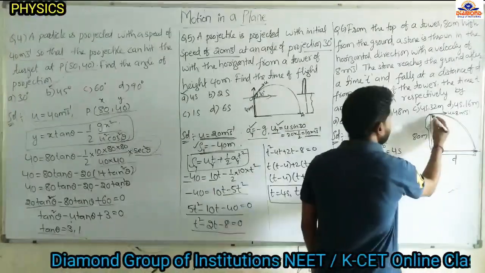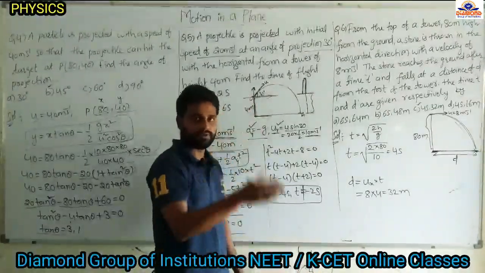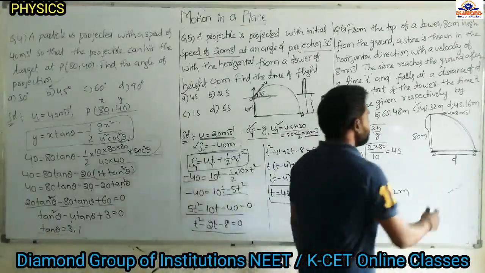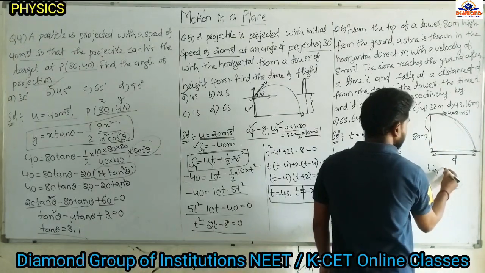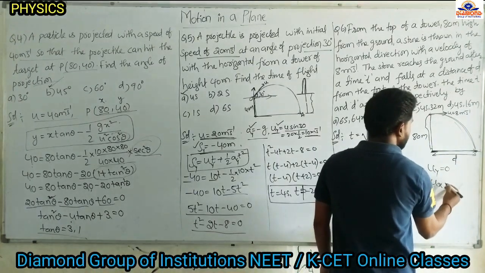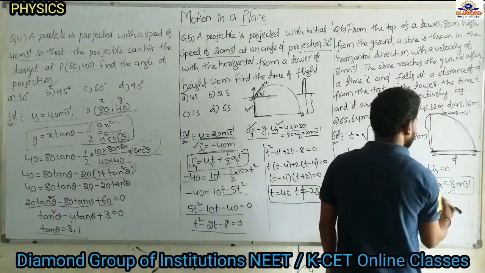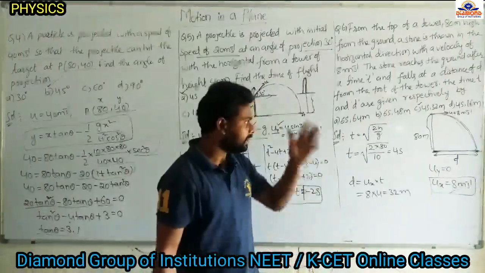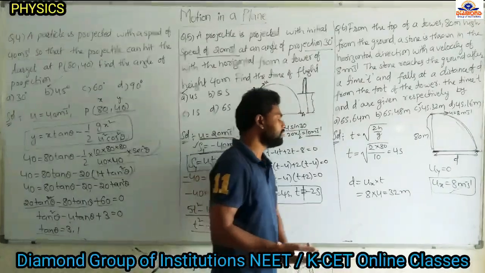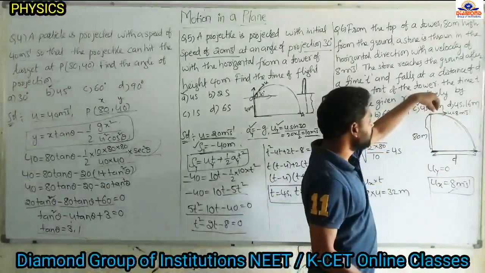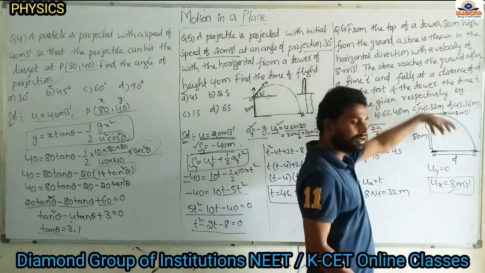So to reach from here to here, the time. To find out the time, what do we have to consider? Vertical components we have to consider. If an object is projected horizontally, then in the vertical direction the initial velocity is 0, and the horizontal velocity is constant throughout the motion, that is 8 meter per second only. In the vertical direction the velocity changes with respect to time. So initially uy equal to 0, that means the body is falling freely under gravity.